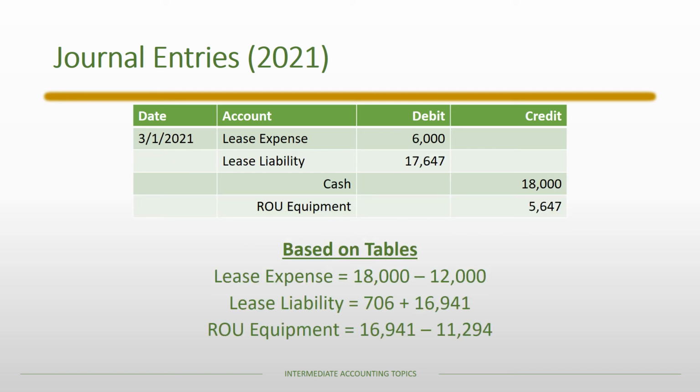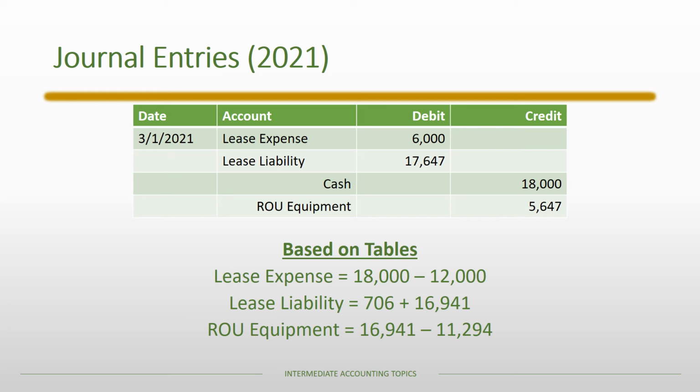So now we move into 2021. We're just moving down the table. So we're using that same line in the table that we used before. We're accruing the last 2 months of the lease expense. We're also now amortizing the lease liability, but now that lease liability amortization has 2 components. The interest that we had accrued, or the inferred interest that we accrued at the last fiscal year end, along with the amount from the amortization table of